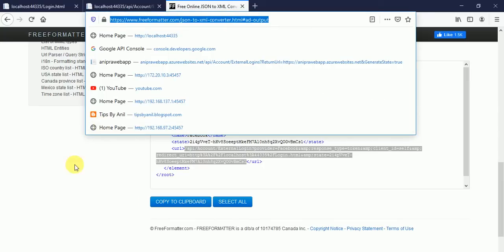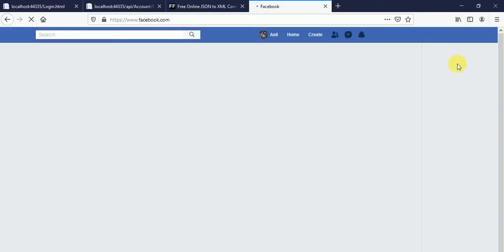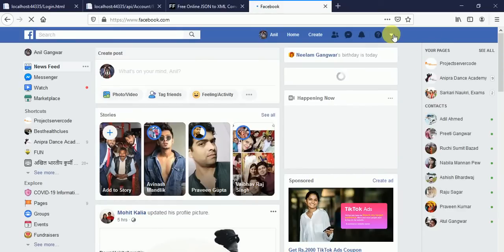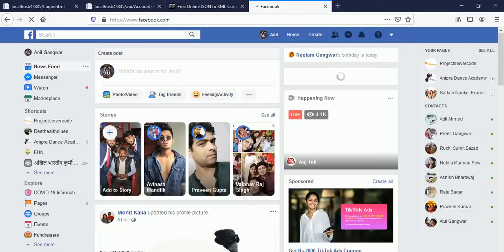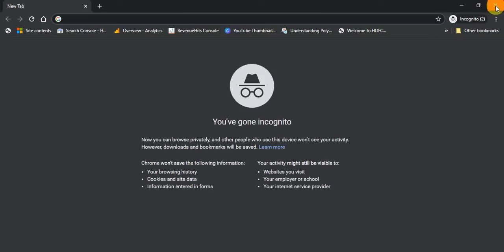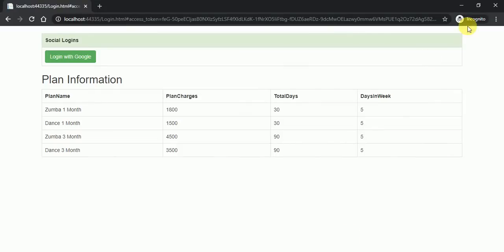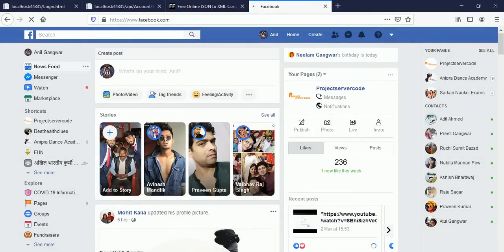First I have to log out from my Facebook, or either I can use the private window also. First I have to close all the private windows. This is also a private window.